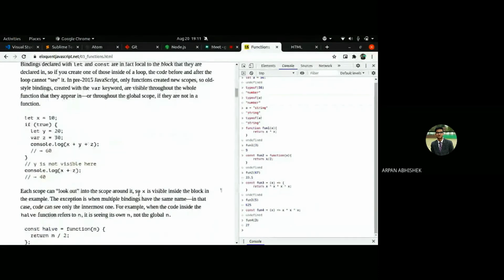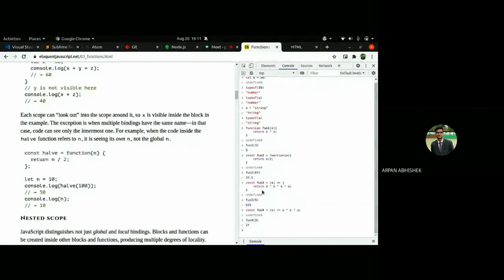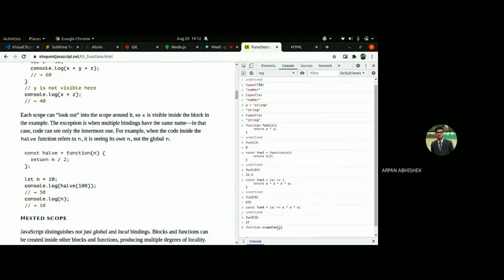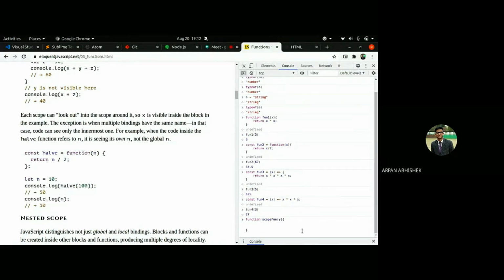Binding and scope. The scope is basically like we have in C. If we define a variable inside the function, function scope, or even if it is the parameter variable, or we have like const a equals, we do have a above.